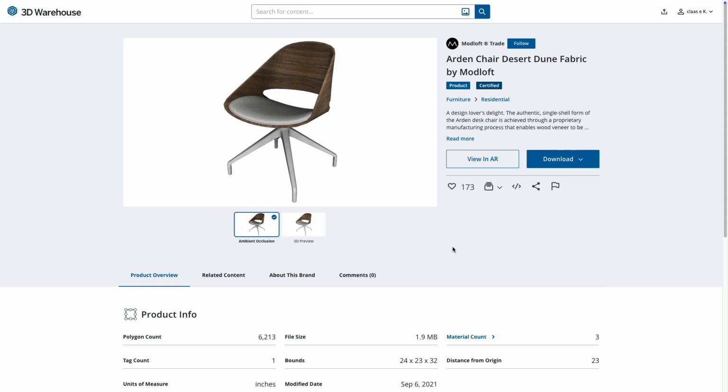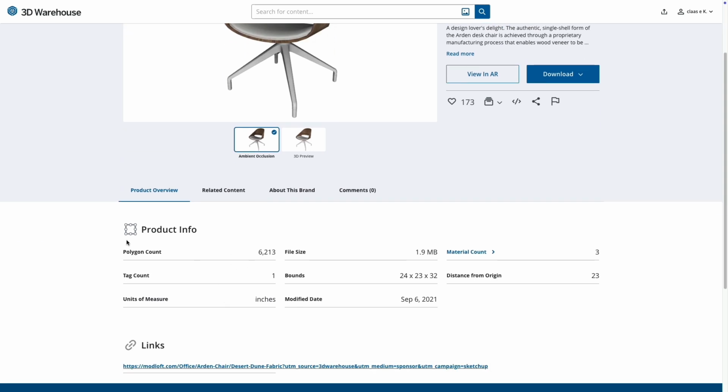Okay, let's get started. We are on the SketchUp 3D Warehouse. Inside the search field, I search, for example, for this chair. I can find it then. If I now scroll down, here I see some product information. This chair has